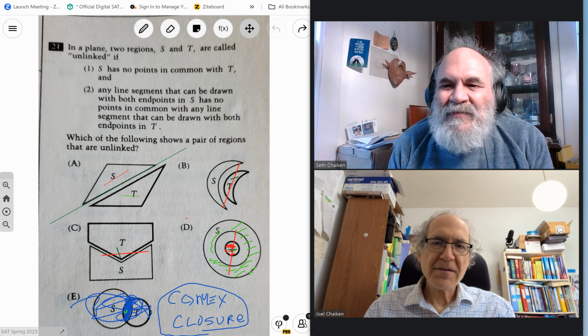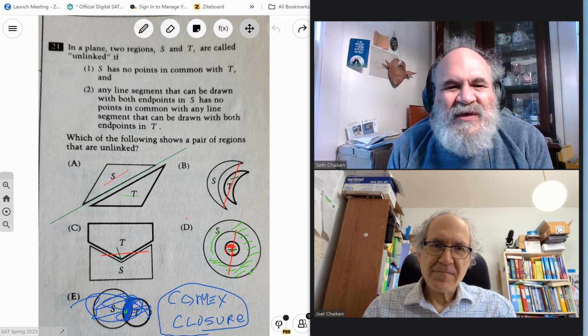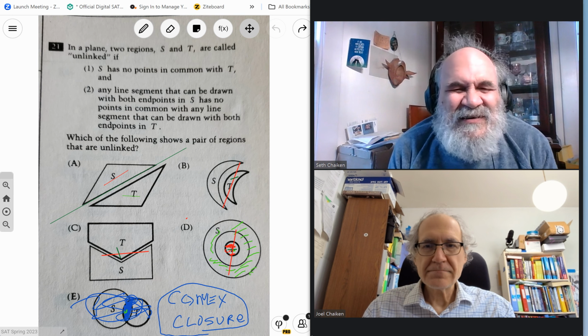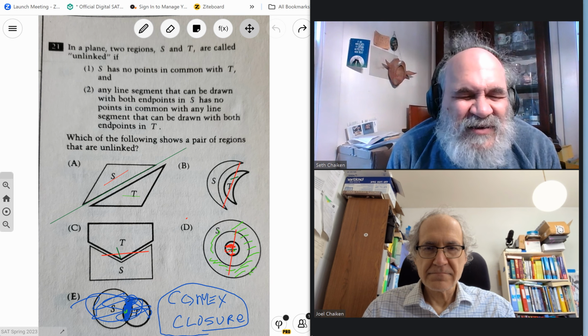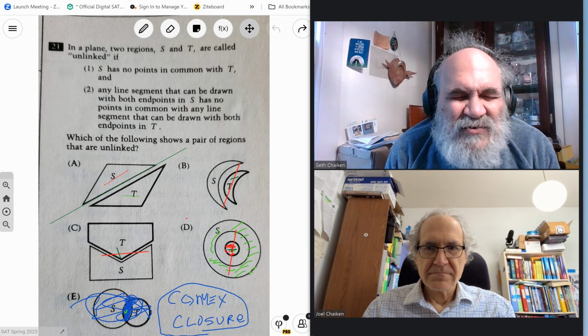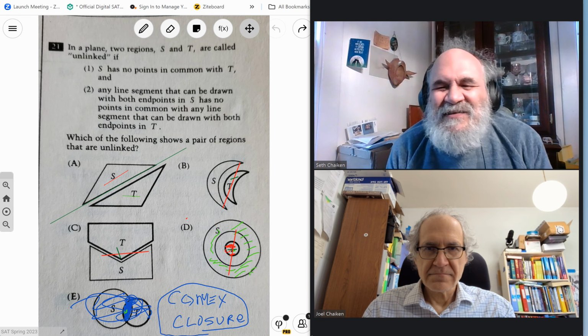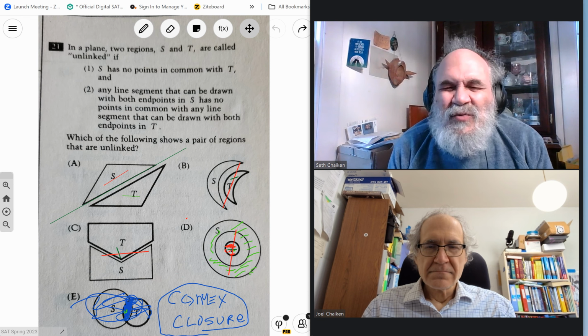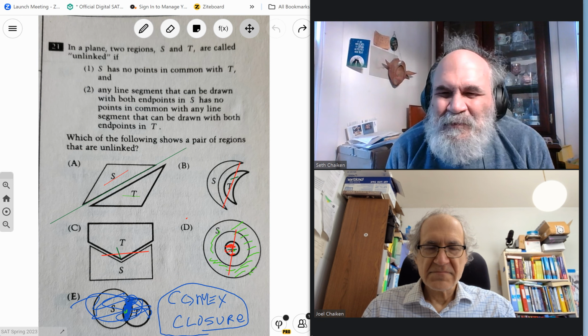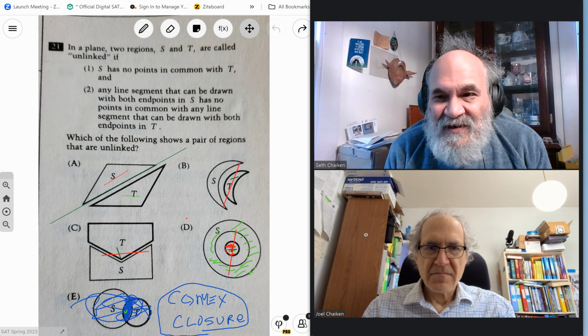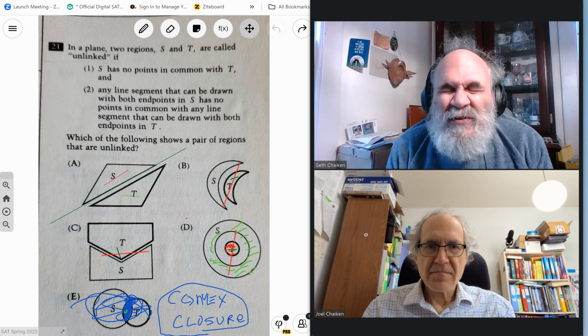Got it. Now, what's remarkable about S and T in part A is that both of them are convex sets, which means that they equal their own convex closure, and they are disjoint. And that guarantees that this property is true. For all the others,